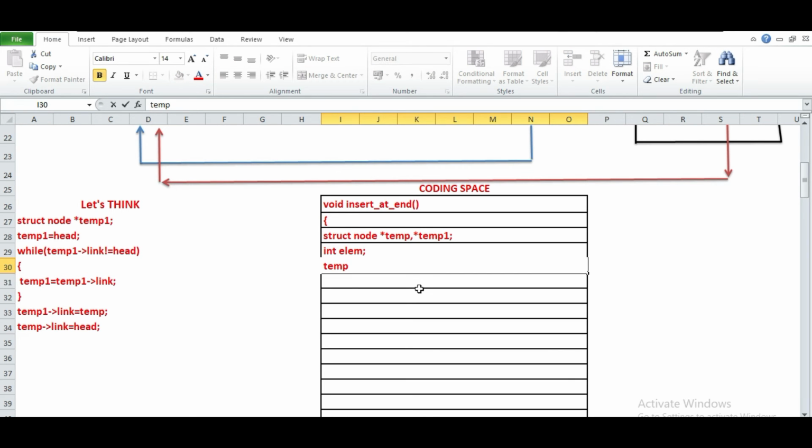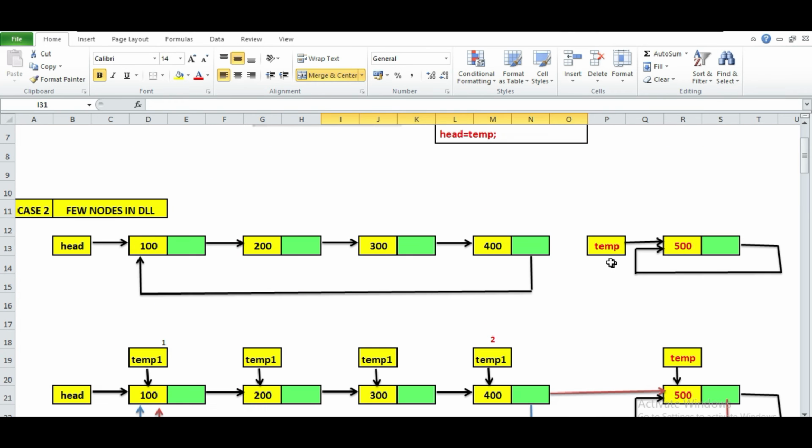So for the new node, what is the statement? We'll write temp equal to struct node star malloc size of struct node. Okay, so once I write this, I am going to get a new node. So if I got a new node, I have to insert 500 in the data part.